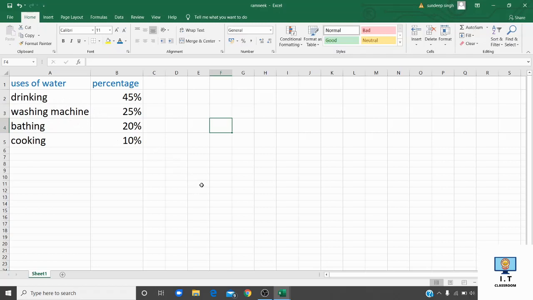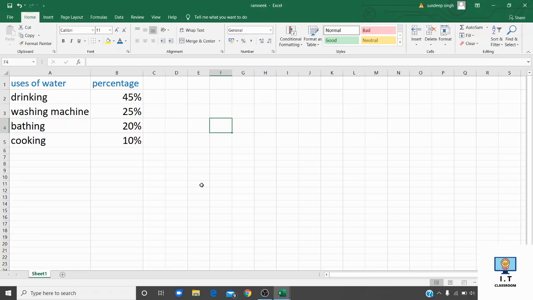Now I am going to tell you how you can increase or decrease the height of a row, or how you can change the column width in the worksheet.